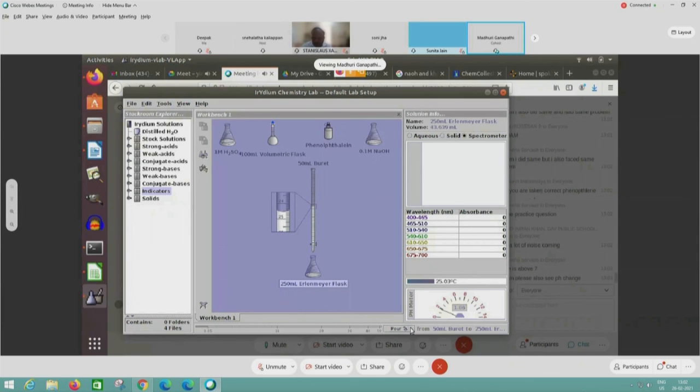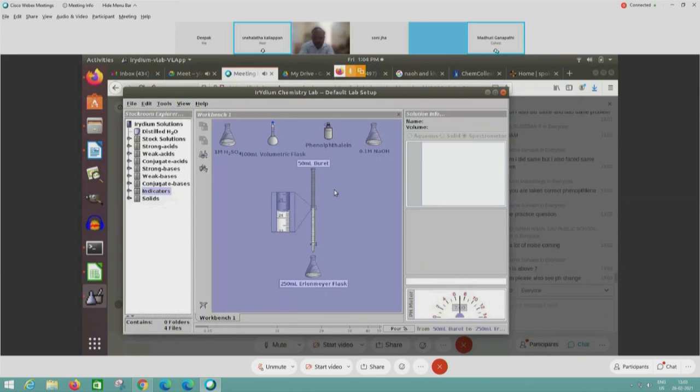I showed this experiment just now before you came. I showed the same experiment with the spectrometer. Do it, let me see. But it shouldn't take so long, no? I'm not sure. It is 90 versus 10, isn't it? So 0.1. Maybe the solution is wrong. I think something is wrong, Madhuri. Click on your chemical flask.